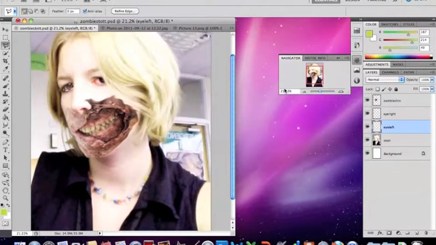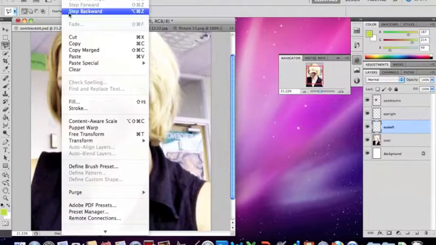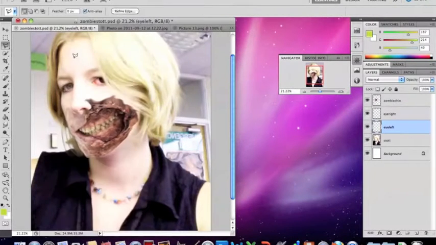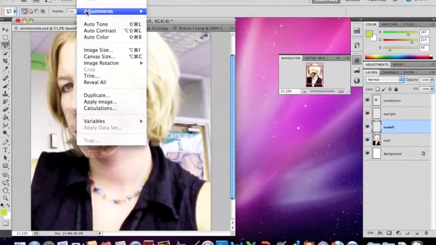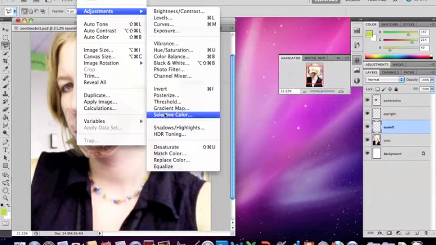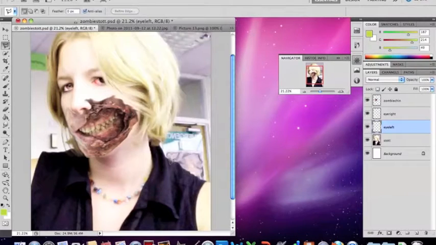click OK, and then same again, go up to Edit, Paste, new eyeball's in, Image, Adjustments, down to Equalize, and that one's come out a little bit too light I think really, so we're